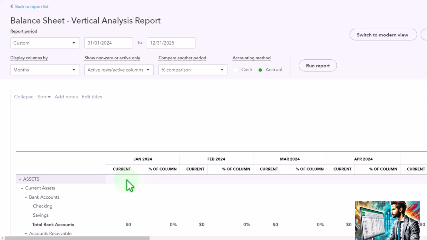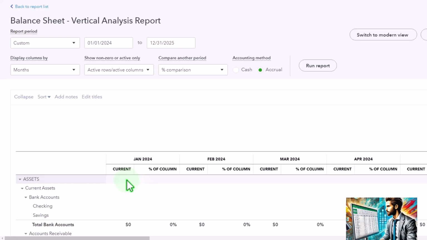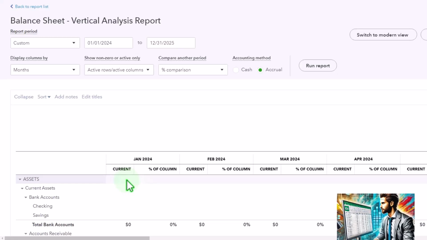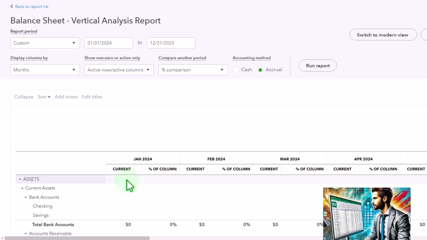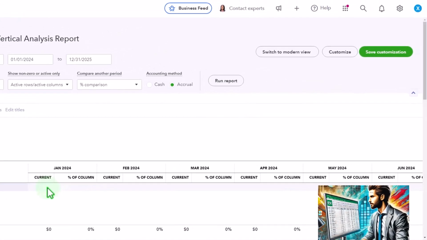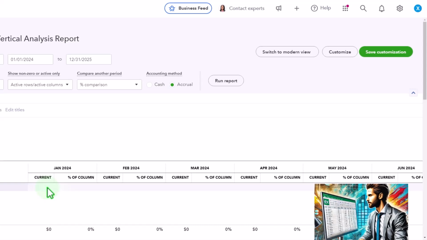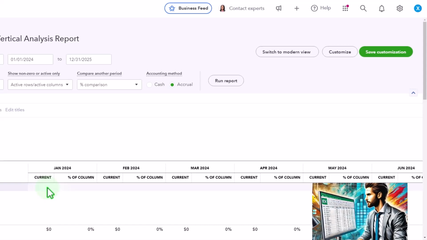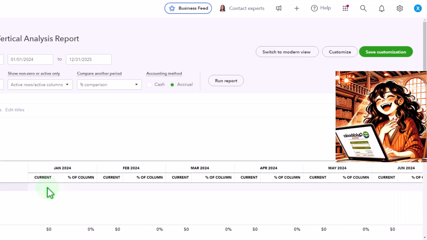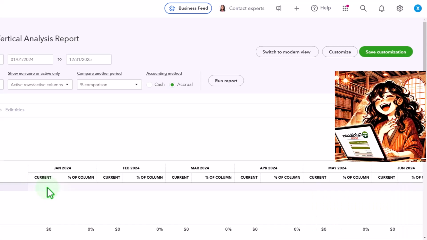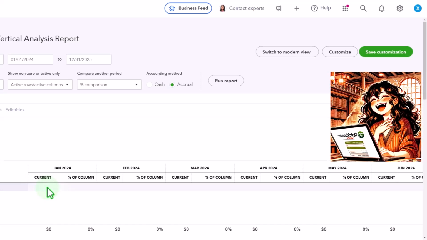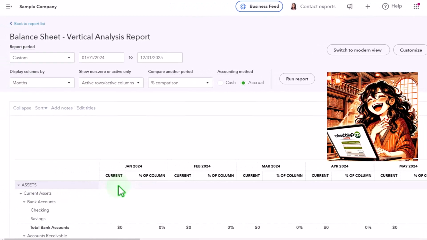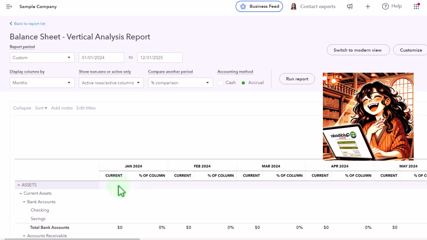Or should I just give them the balance sheet with the vertical analysis, which is more complex looking, but it gives them more information? Or I could just give them one that has a comparative balance sheet, last year versus this year, both of them having a vertical analysis in it, right? Which means you're getting an uglier looking report because it's got more detail in it, but it has more detail in it. So these are questions that you can come up to. How much data is too redundant? How simplified a report do you want so that you can have a